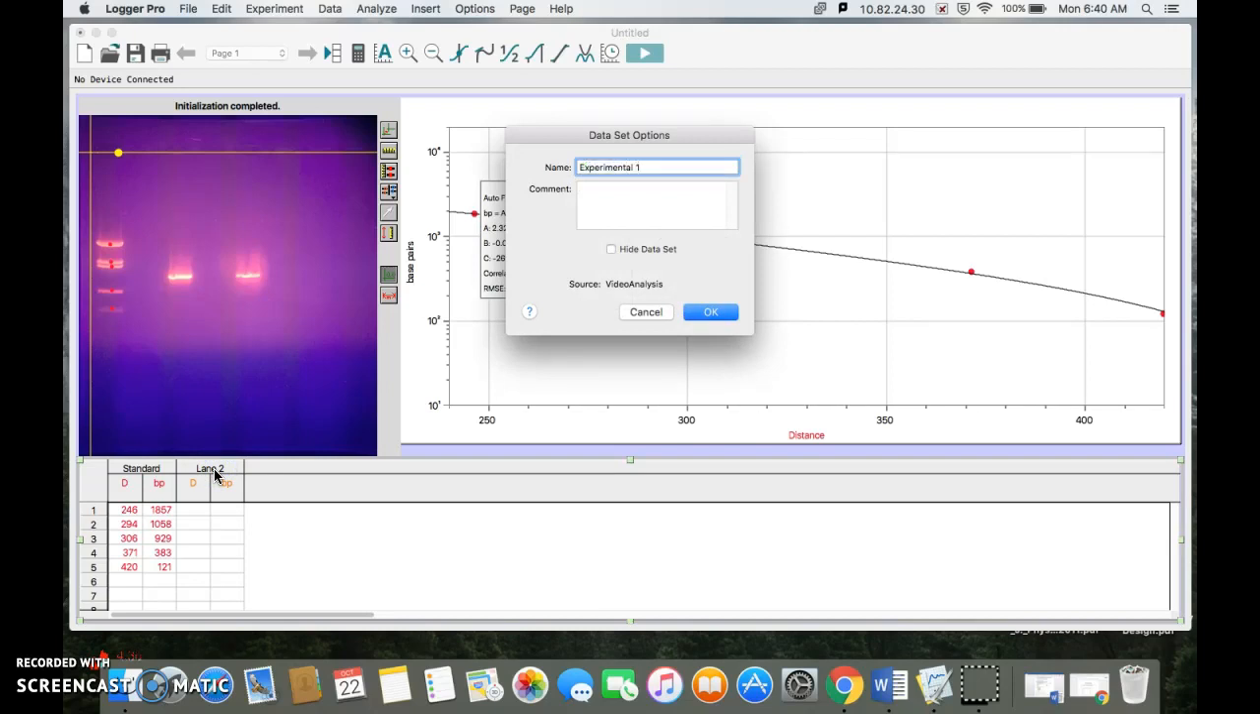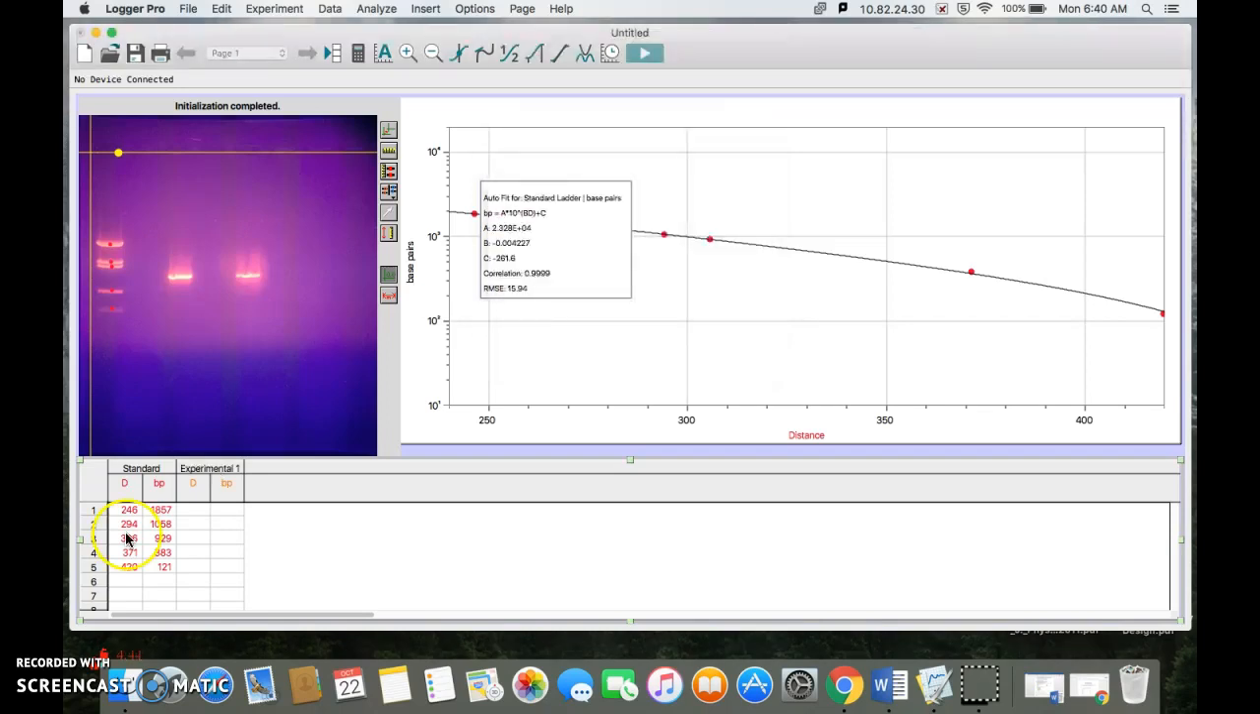You might label it HIN3 digest with lambda. You might label it whichever PST1, whichever lane that actually is, your uncut DNA. But I'm going to label this just experimental 1. Okay, so now what I'm going to do is hit find my band here, click with the crosshairs, and you can see what it's done is it's estimated